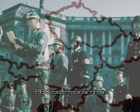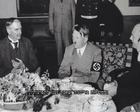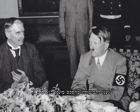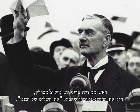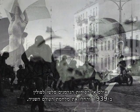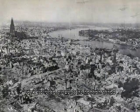He marched into Austria in 1938, then demanded a portion of Czechoslovakia, and the British and the French governments agreed to give it to him at the Treaty of Munich in 1938. The British Prime Minister Neville Chamberlain said, "We would have peace in our time." But then German forces invaded Poland in 1939, setting off the Second World War, a war that killed tens of